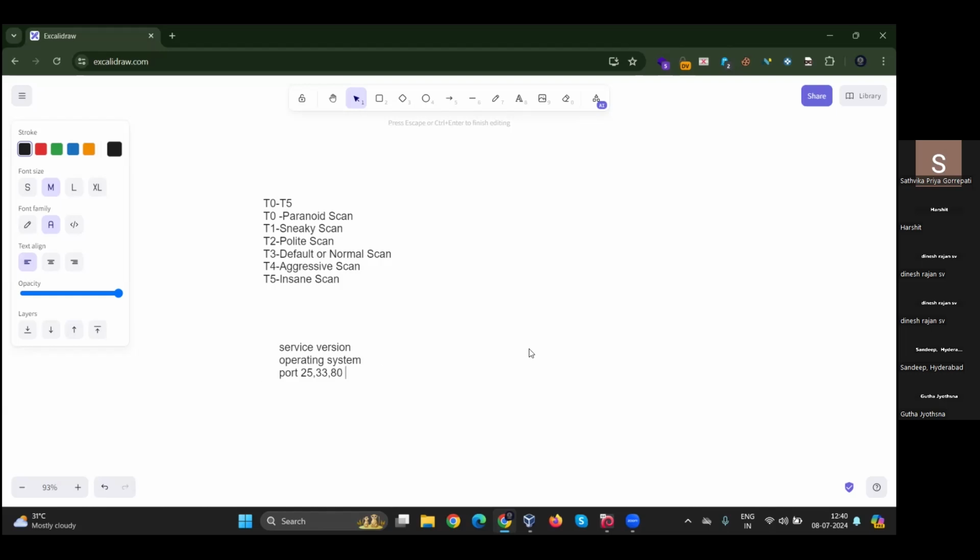So for the service version, what is the command? Hyphen sV. For the operating system, hyphen capital O. For the port numbers, we need to mention hyphen p 25, 33, 80. And with our aggressive scan, we have T4. So we have to combine all these commands